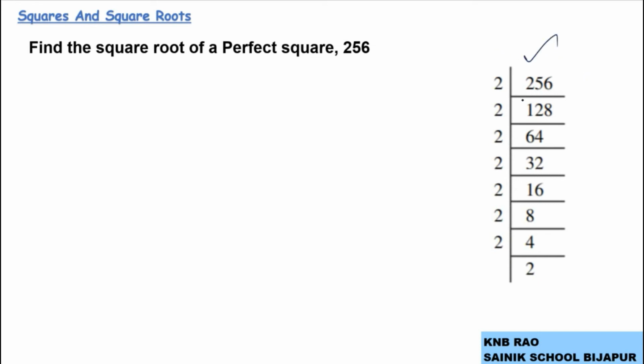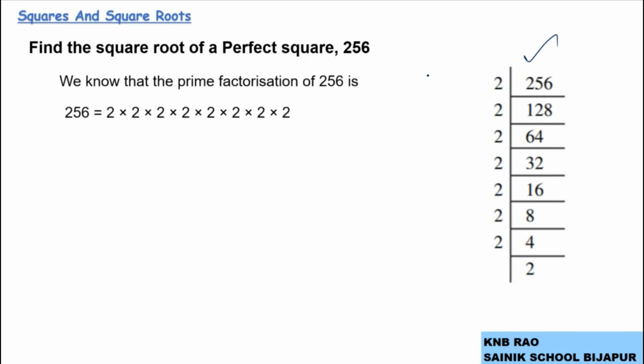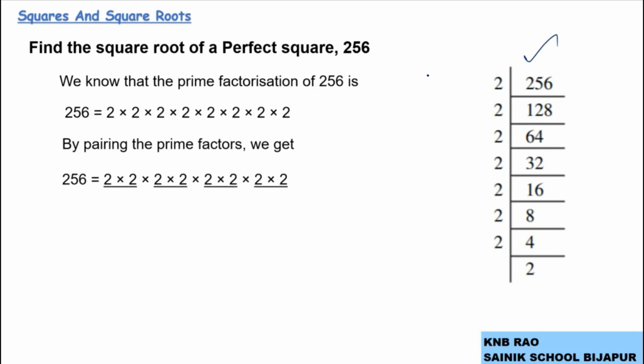So in the prime factorization of 256 we have got only 2's as prime factors. So how many times are the 2's there? 1 2 3 4 5 6 7 8 times we have got the prime factor 2. So we know that prime factorization of 256 is 2 multiplied by itself 8 times. Now by pairing them, we get 4 pairs of 2,